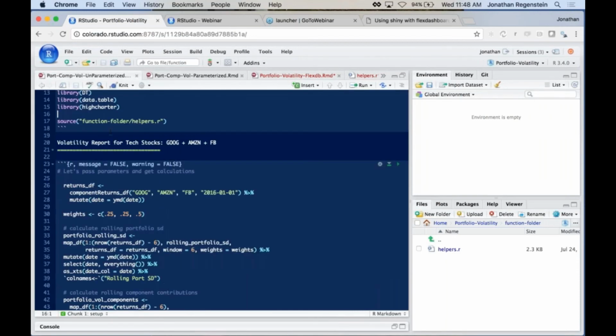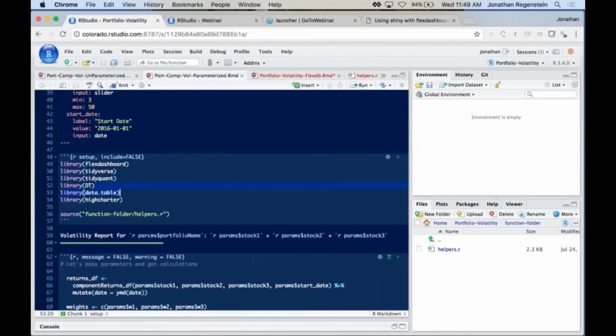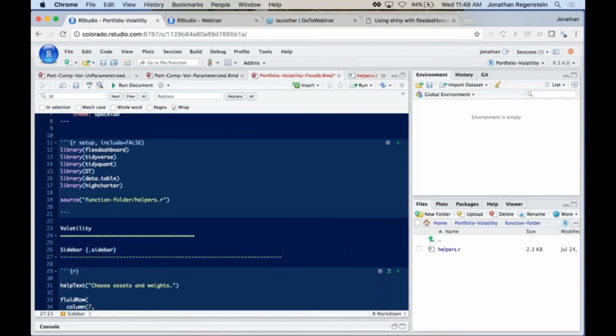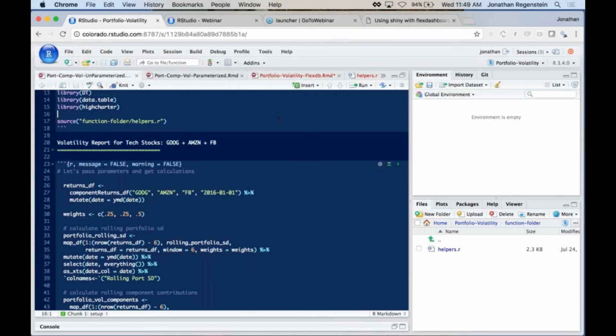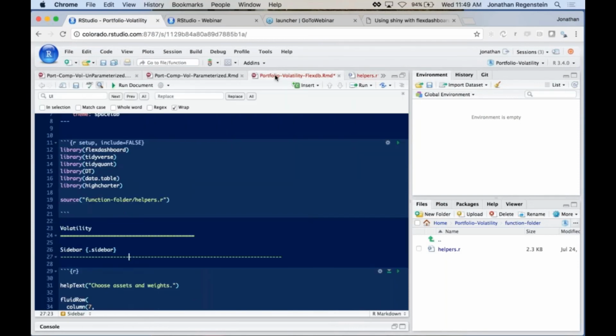Once you have the look and feel the way you want it in your unparameterized static report, you can take it to a parameterized and a less static report, and then you can take it to Shiny, and all the trial and error that went into making this report look good, almost all of that learning is going to translate into your Shiny app. It's going to be a little bit different because